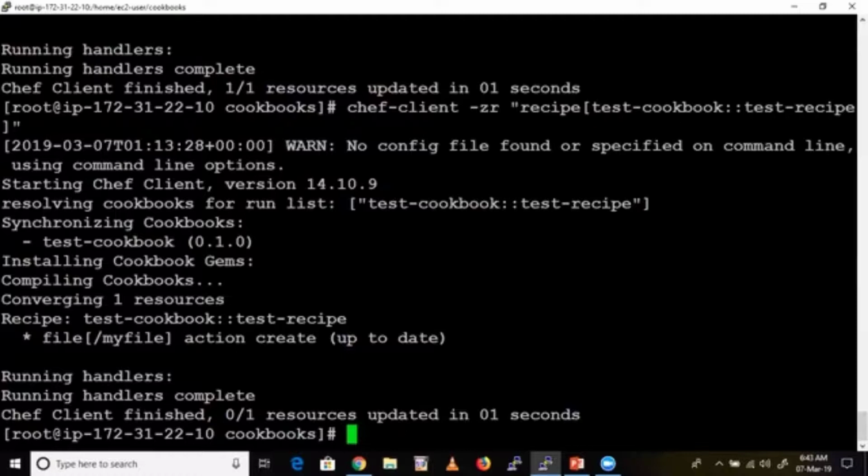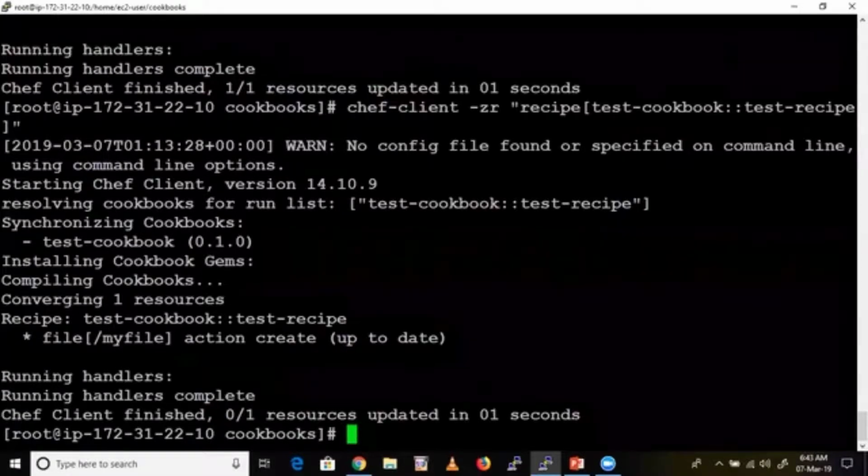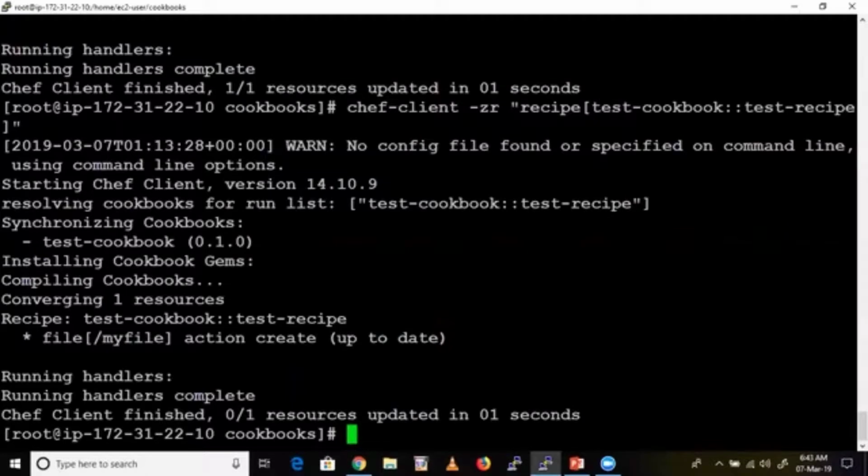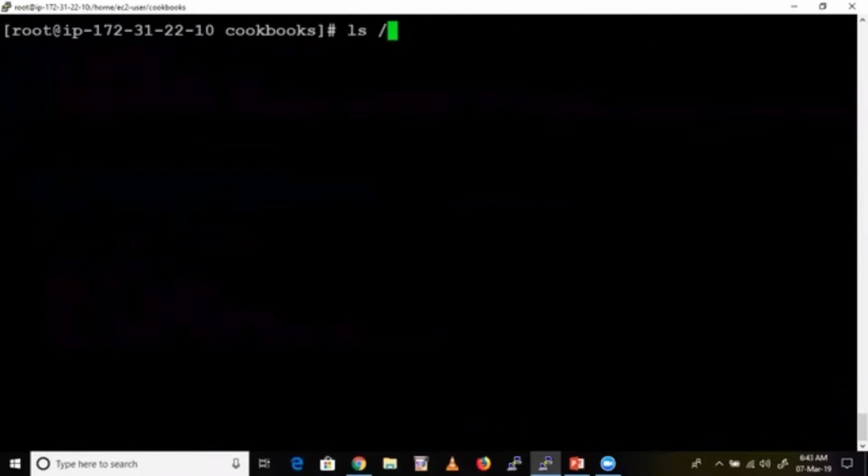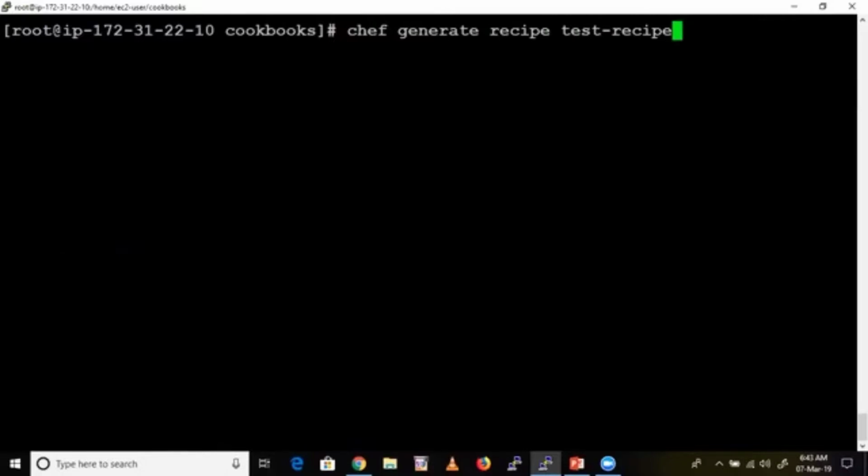Okay. Sai, I have two questions here. Yes, please. Whenever you create a recipe, there is no need to mention the file name with .rb, right? No need. Because in the command we give to create a recipe, chef generate recipe name, we already mention this. By default, .rb will be added automatically. Whenever we want to add content, we need to specify it with .rb. Yeah, content means we are opening that recipe, right? Yeah, we are opening that one.